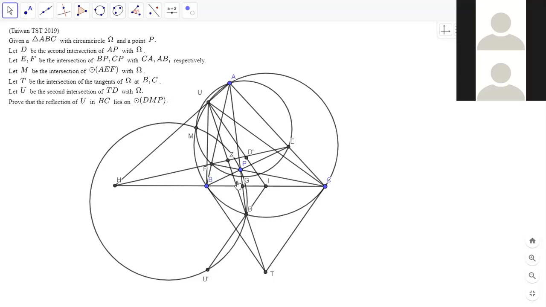So I think maybe we could use the power of a point you mentioned because we have IG times IH is ID times IU prime. That's what you said, right? Yeah. And then ultimately we want to show